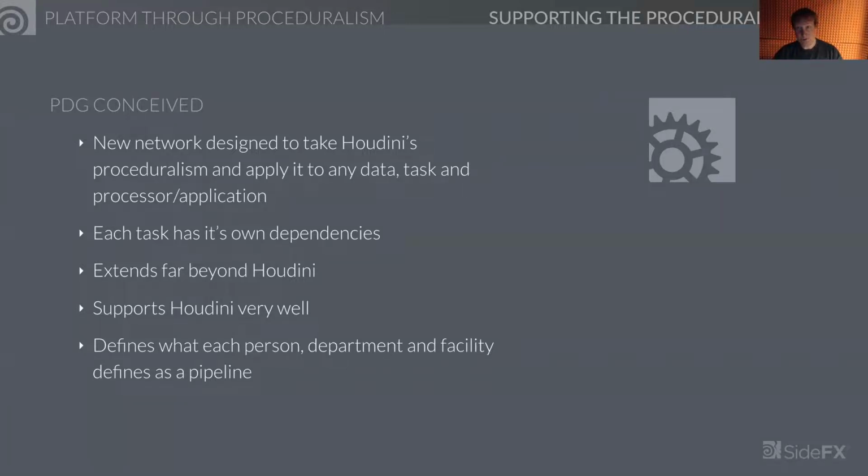It's very well supported, very, very powerful. And that's what I said. If you're a facility that is concerned about having to purchase more software, the answer is at first no, because Engine with Houdini tasks powered by the PDG can consume those Engine licenses and make the most of those Engine licenses on your farm. And it also defines what each person in each department of a facility defines as a pipeline as well. So it gives a lot more clarity into the platform, the procedural platform for pipelines. In other words, it's a guiding light. So if you're a facility